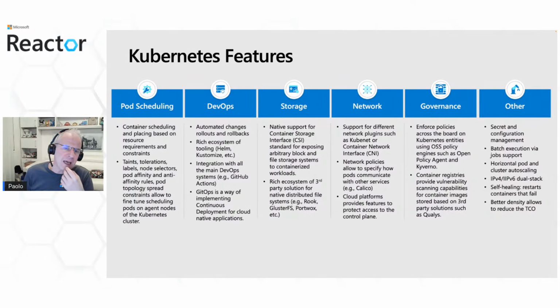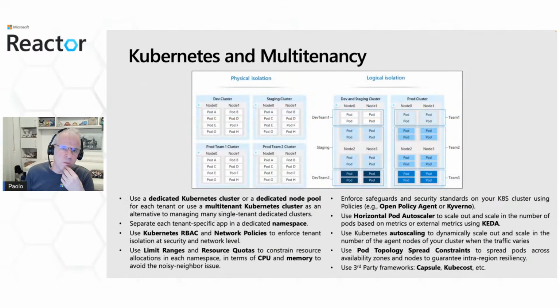Now, let's look at in the next slide what are the features provided by Kubernetes for multi-tenancy. So you have two kinds of isolation that you can achieve. The first one, and the most simple one to achieve, is the so-called physical isolation. Basically, you can create a dedicated cluster for every tenant or every team. While this solution is easier to achieve, it is not the best one, probably from a management perspective, but also from a financial perspective, because you end up having a lot of clusters to maintain, and also because it doesn't provide a very good